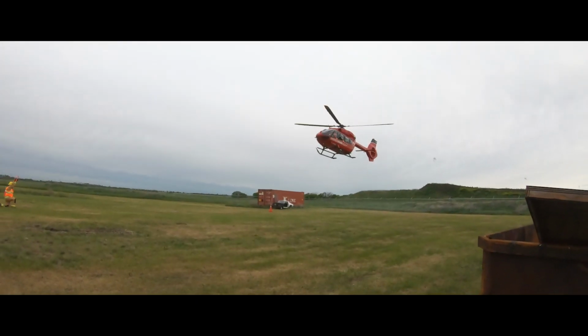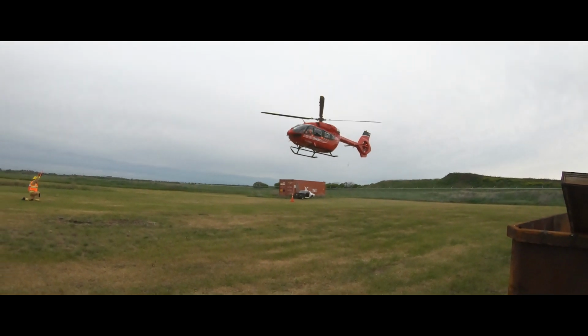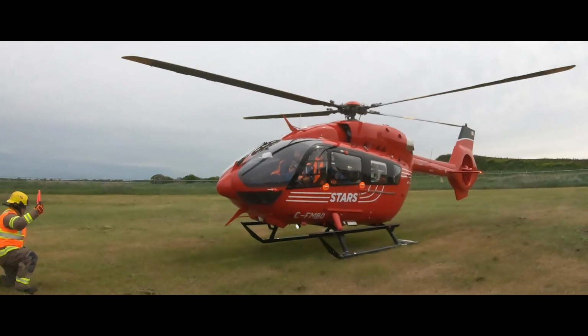If the STARS helicopter is circling above, but the landing zone is not ready for arrival, simply radio this information